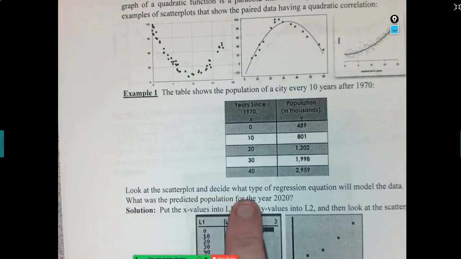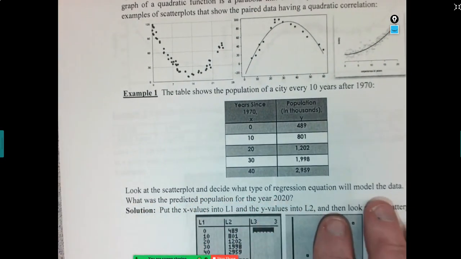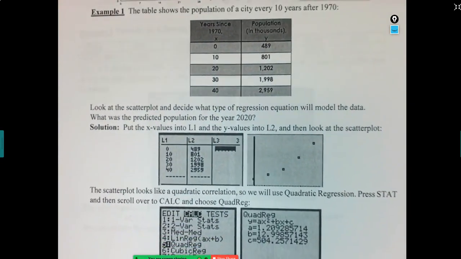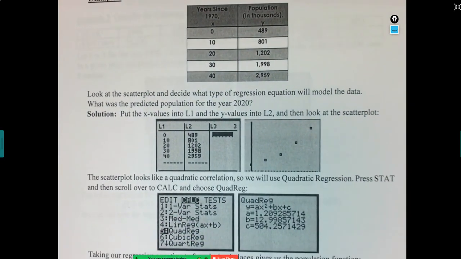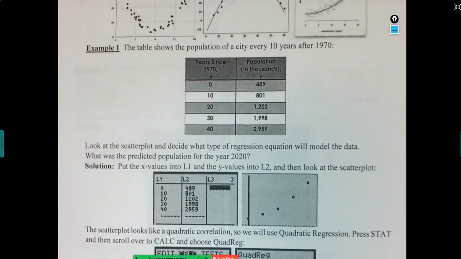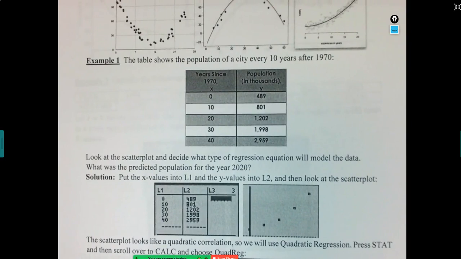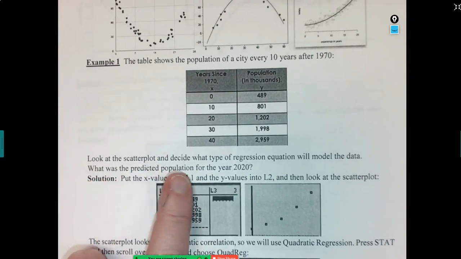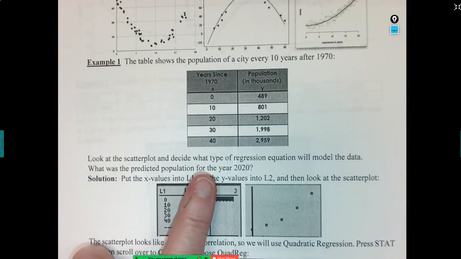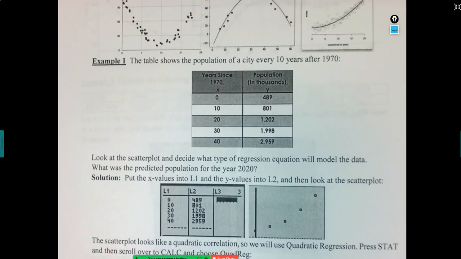Look at the scatter plot and decide what type of regression equation will model the data. Okay, and so I have a couple of instructions there, but like I said, in this video, I'll go through this step by step. Okay. All right, so, and then we have a question. And in WebWork, you don't have questions on the quadratic, the cubic, or the exponential, because I couldn't find any exercises that did. You will on the departmental